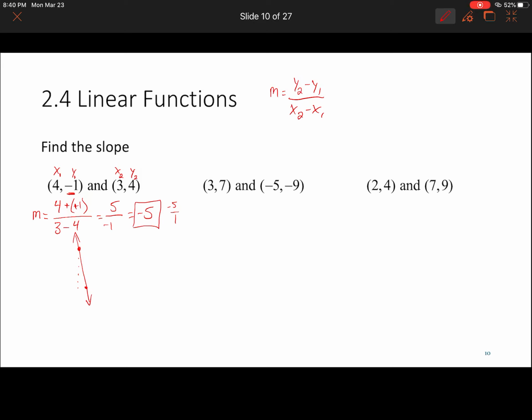Now, I'd encourage you to pause the video, find the slope of the next two. If you are going to pause it, I'll give you 3 seconds. All right, so